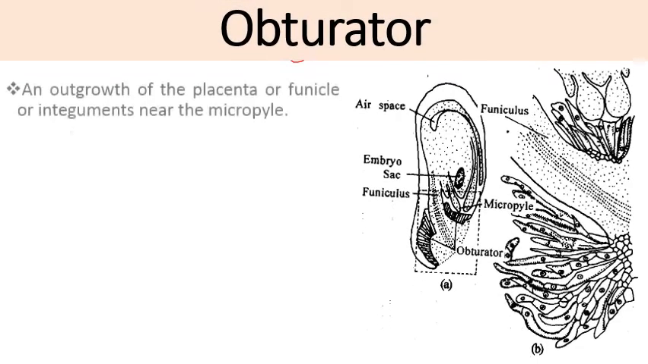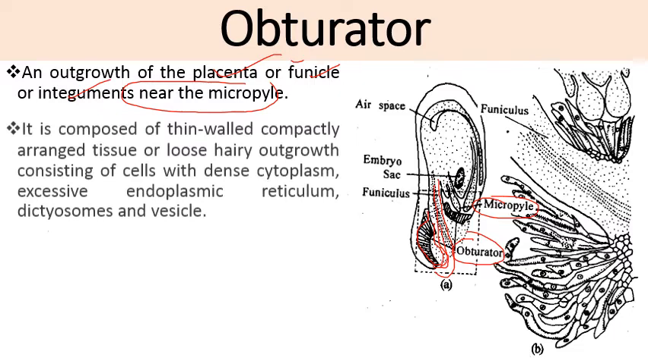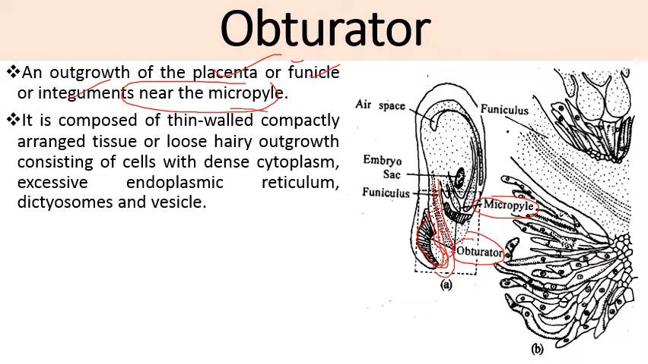So this is an outgrowth of placenta or funicle or integument which is present near the micropyle, जो कि micropyle के पास present होता है। And the main function of this structure, that is obturator, is it acts as a guiding tissue for the entry of pollen tube। ये pollen tube की entry के लिए guiding tissue की तरह काम करता है। And it is composed of thin-walled compactly enriched tissue or loose hairy outgrowth consisting of cells,